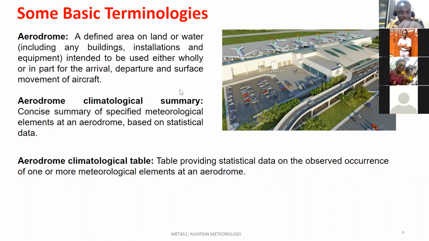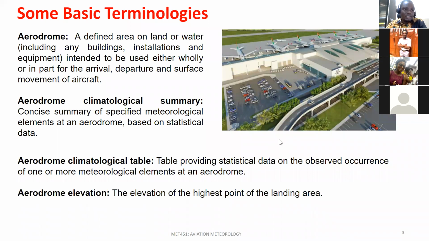And so clearly there's a difference between the table and the summary. The summary would probably be carved out in a paragraph or report form. And then you have the table being a tabular form of records showing climatological information on the statistics of various atmospheric variables. And then we also have aerodrome elevation. Now for this, as we move on, we'll be looking at